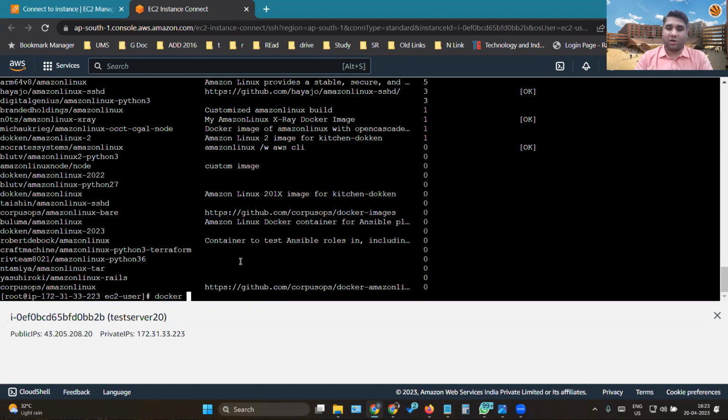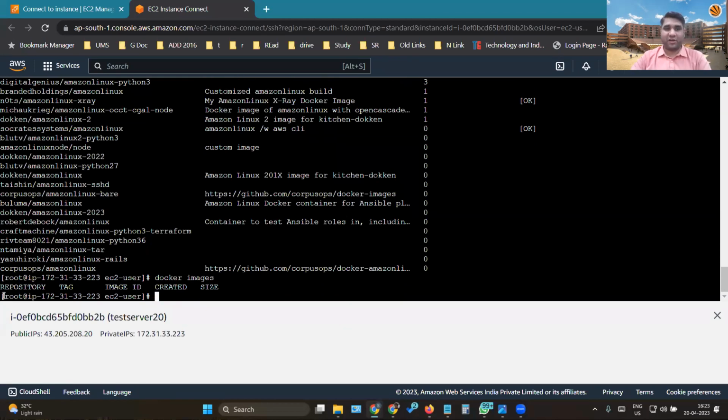So I'm writing docker images and it will show repository, image tag, ID, created. Now with this, I want to start the service. So I'll run a Docker command which will run my server.